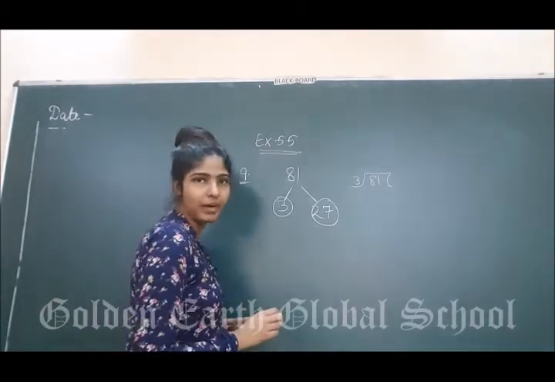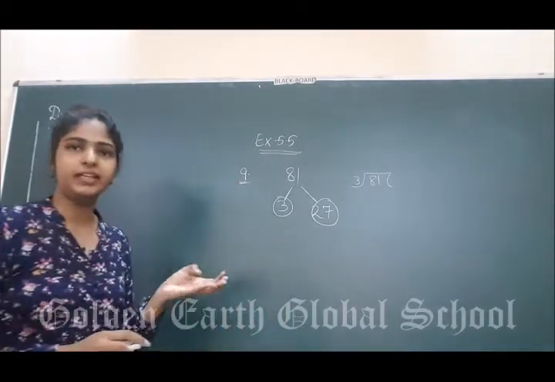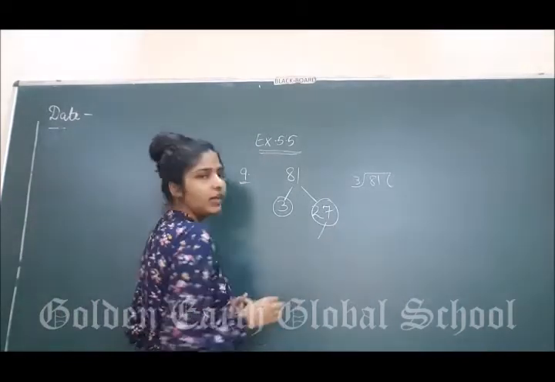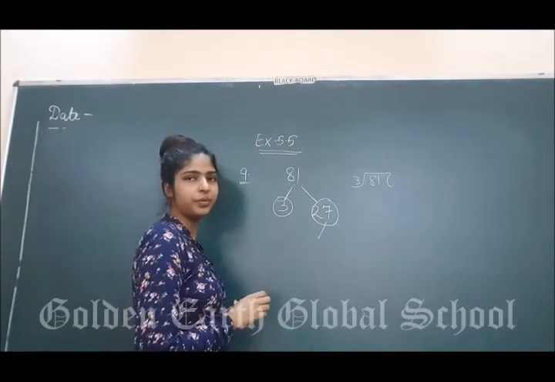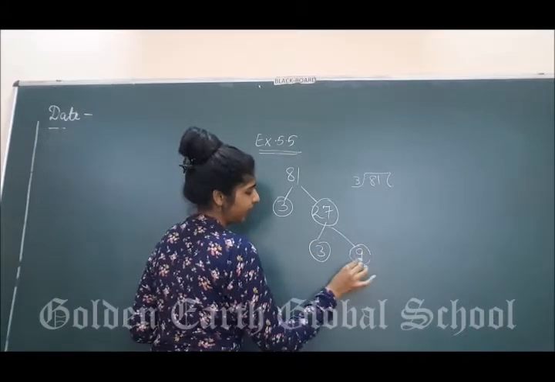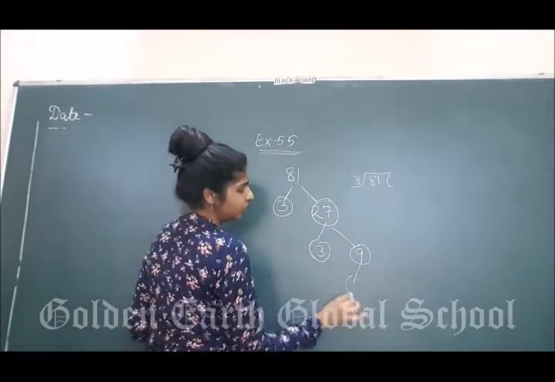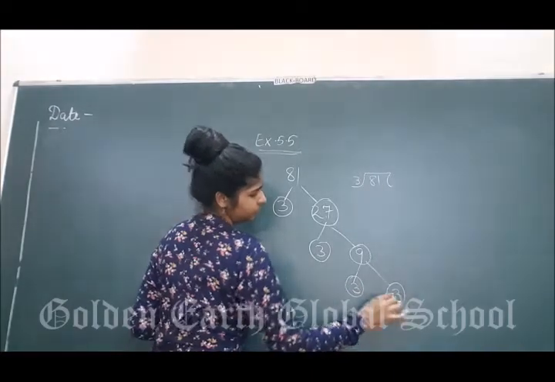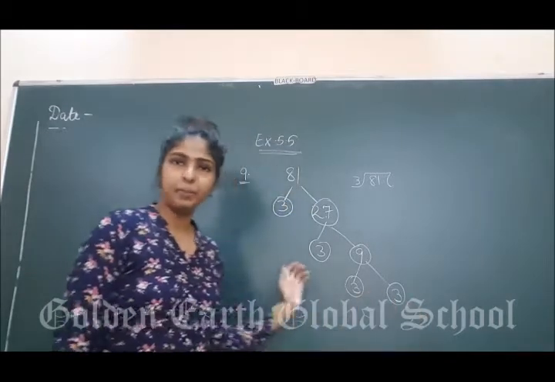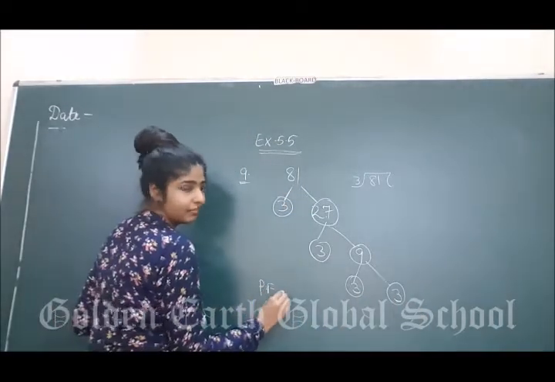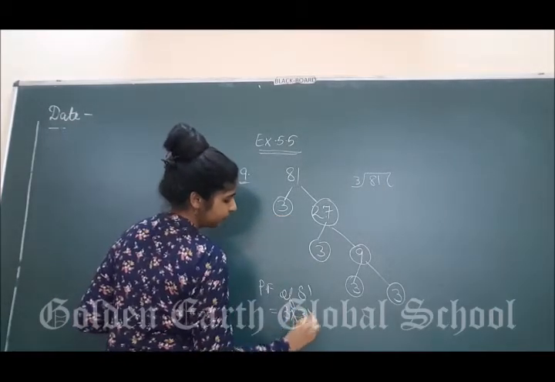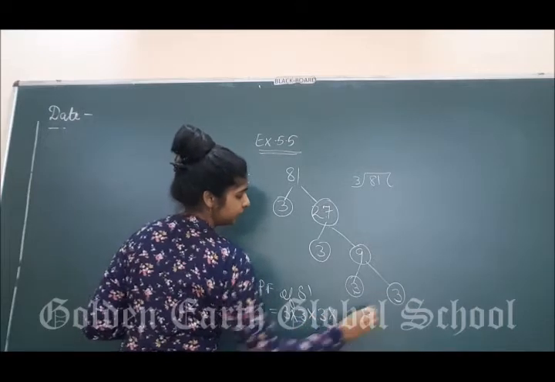But 27 is not a prime number because it is also divisible on 3 and 9. There are more numbers than 1 and 27. So, is 27 divisible on 2? No. 3? Yes. So, write down 3 here and 9. 3 9s are 27. Now in the left line and in the bottom line, all the numbers we got are prime numbers. So the prime factorization of 81 is 3 multiply 3 multiply 3 multiply 3.